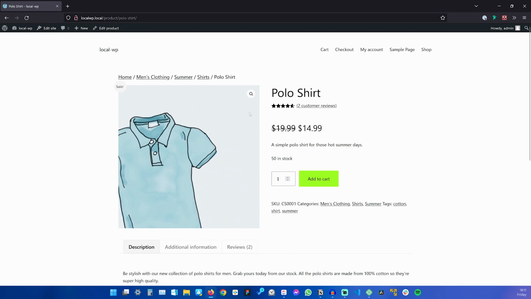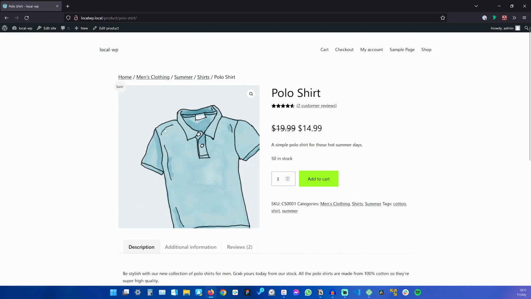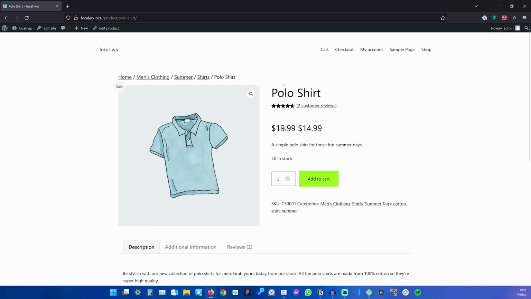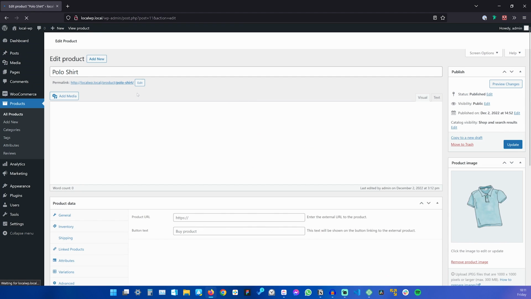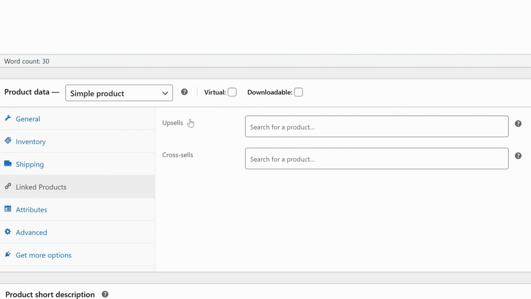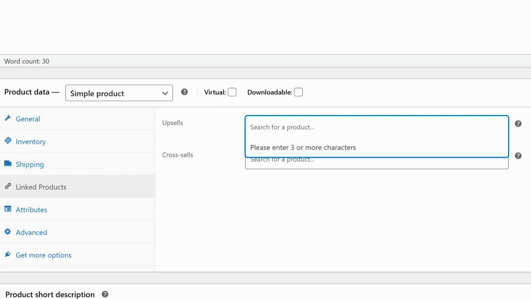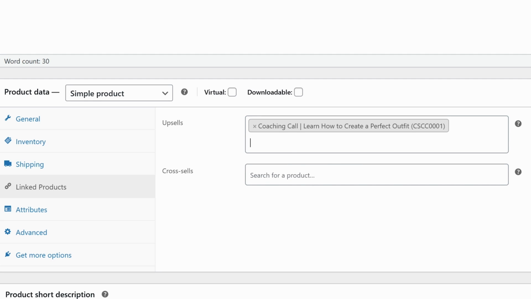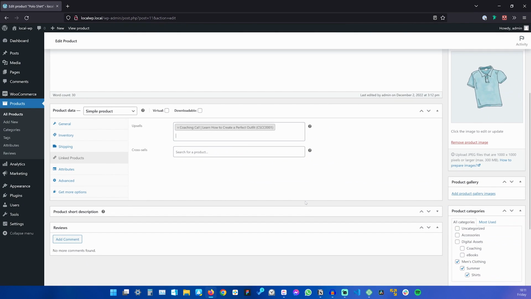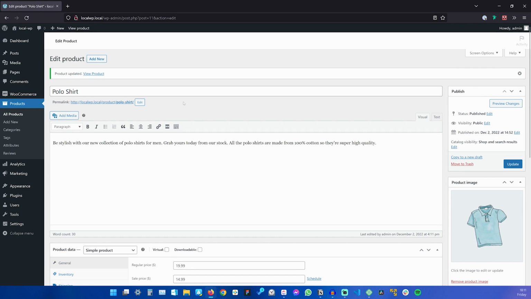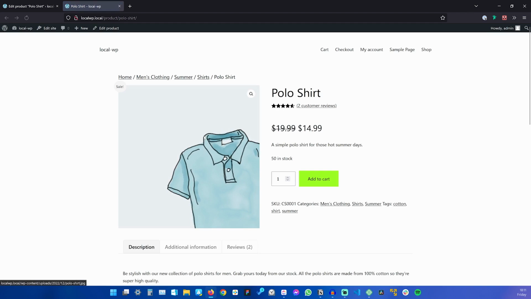So, for example, if I want to display, let's say, the coaching call in the product page of this polo shirt, well, let's go ahead and edit the product, and we can go to linked products, and where it says upsells, we can search for coaching call. And of course, I can add multiple products here, but let's say I just want to add that coaching call. Now, when I view the product,